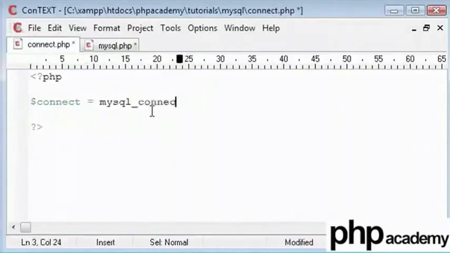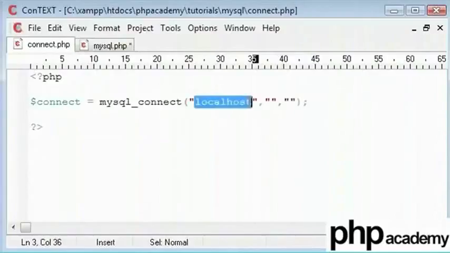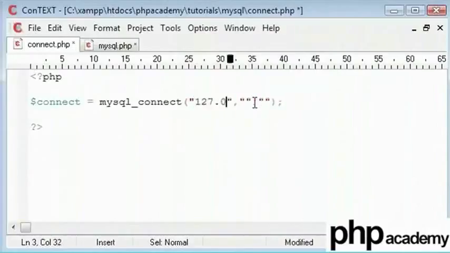Firstly, we will start with our variable called connect and this will use the function mysql underscore connect. That's the first function you need to learn. It's a very important function that enables you to connect to a MySQL database. This takes 3 parameters. The first one here is the web server itself, the address of the web server. I'll use my computer at the moment with a local web server, my localhost.